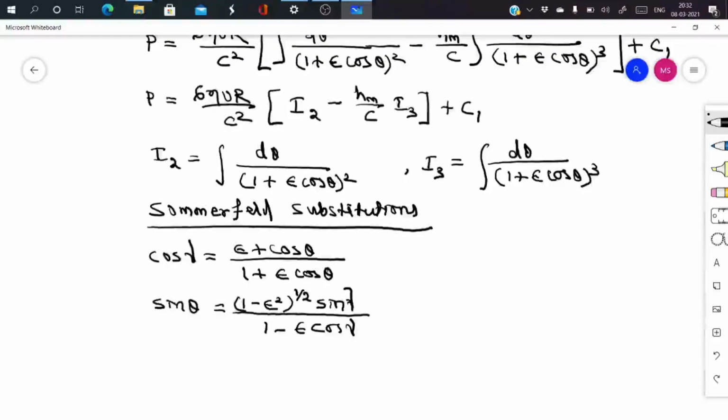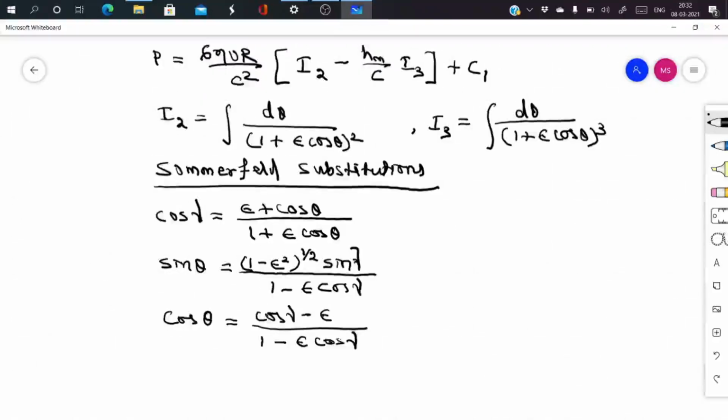Similarly, cos theta equal to cos gamma minus epsilon divided by 1 minus epsilon cos gamma,